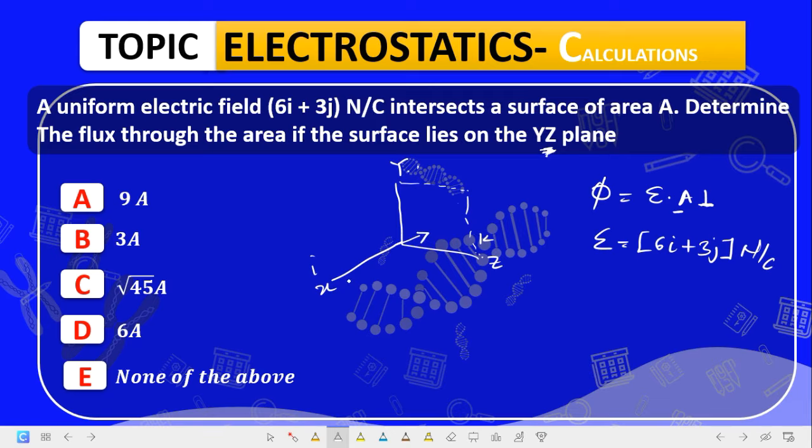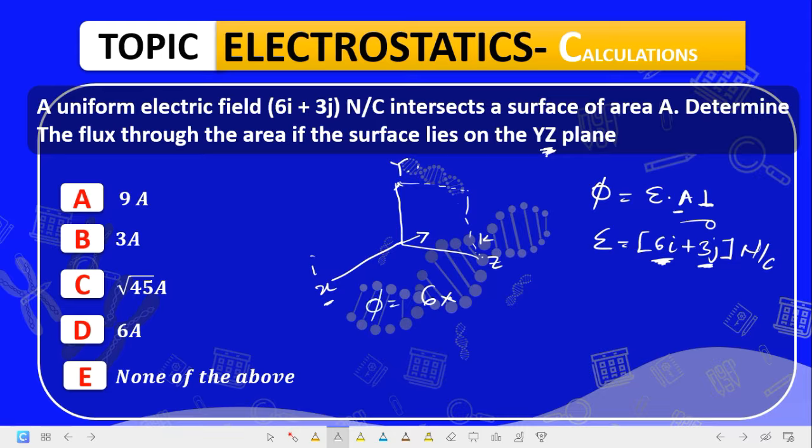Do we understand? It's only the one from the X component, because we are finding the one that is perpendicular. How many lines actually pass perpendicularly? Hence, the J component, which is the one acting upward, does not really matter in this question. Hence, this one can be regarded as 0. So we are only looking at what? 6, which is the X component, because that is the electric field that is passing through the what? The surface. So the electric field now is 6.